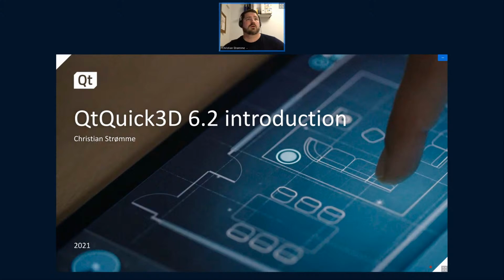These are the 3D offerings in Qt today. We have Qt 3D, we have 3D Studio, and we have Qt Quick 3D. Of course, all of these provide 3D support in some way, but in a different way. First off, we have Qt 3D,